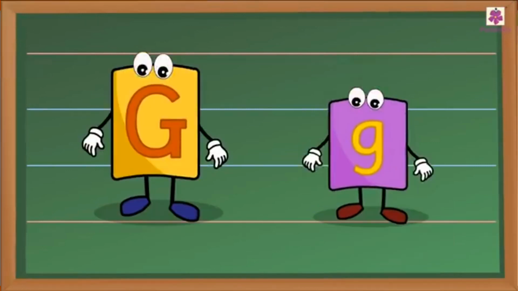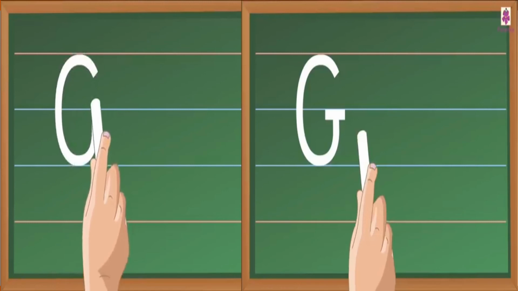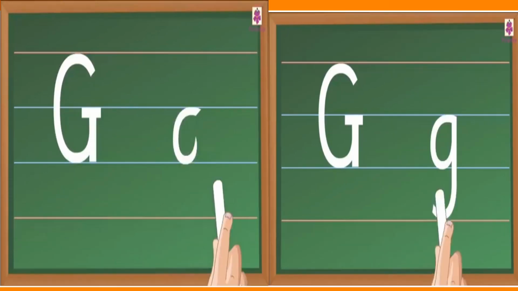Now letter G. How we will write G? We will write the capital G like this. We will start below the top and draw a curve touching the bottom and further till the middle. Then we will draw a sleeping line in the mid. After this we will draw a standing line from the middle till the bottom.